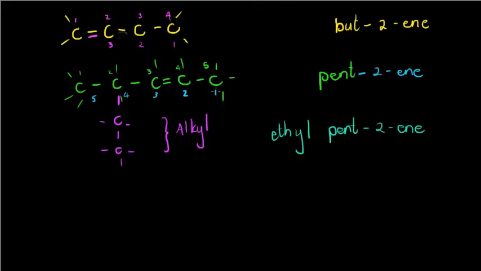Okay, remember we are numbering so that the ethene comes, sorry, the double bond comes first. So we have 1, 2, and that's where we encounter the double bond, 3, 4, and now we encounter the branch. Okay, so the branch is 4-ethyl pentene, and this is the IUPAC name for the structure you see in